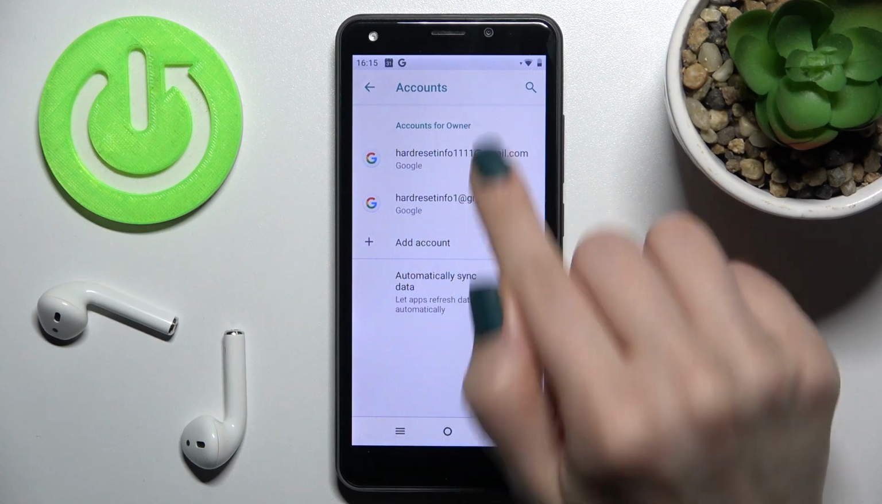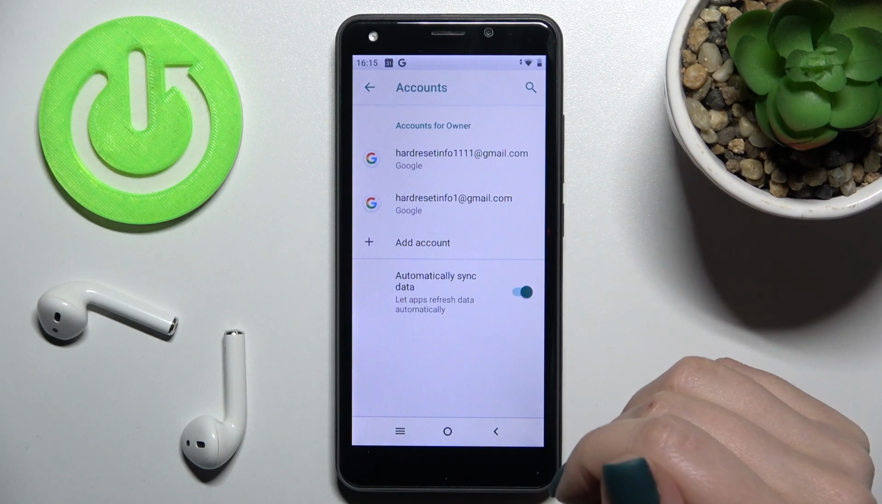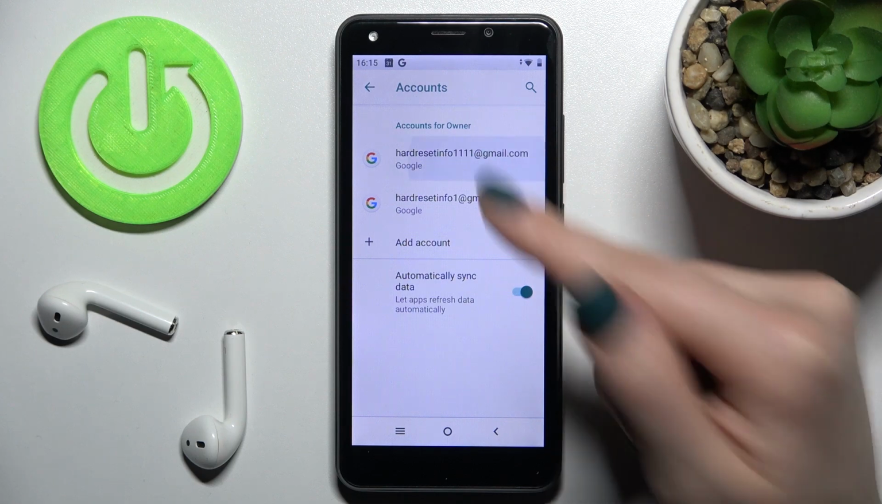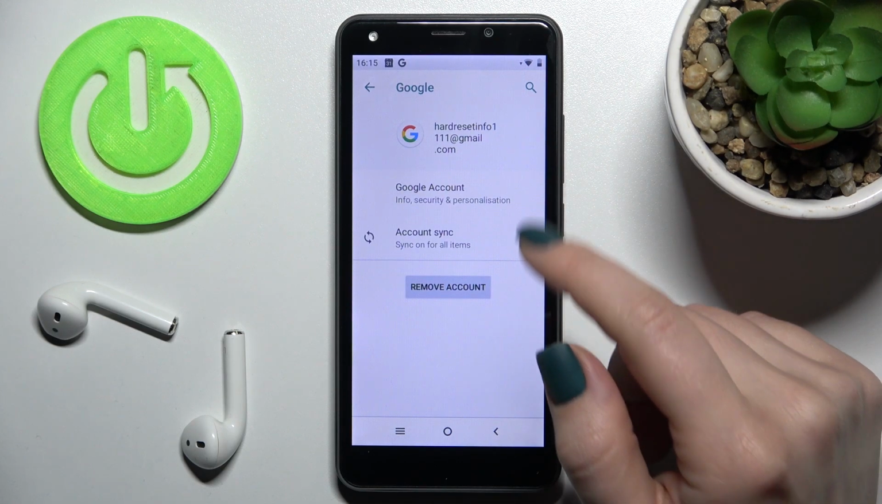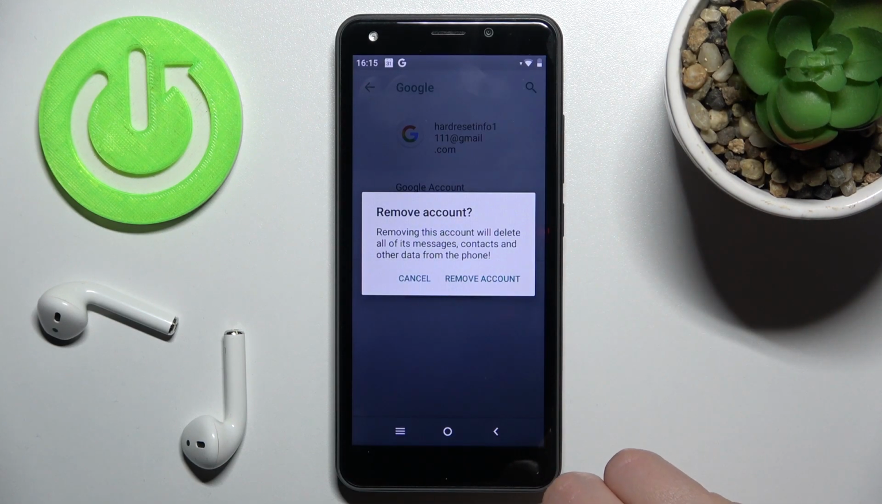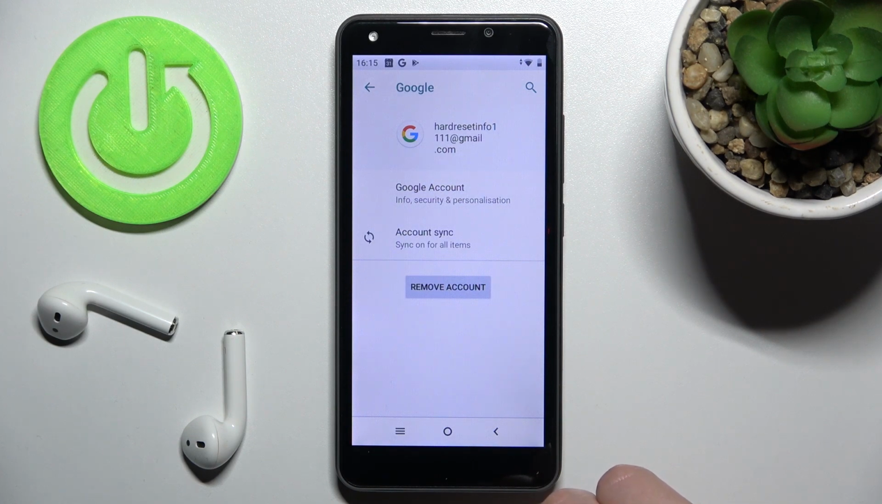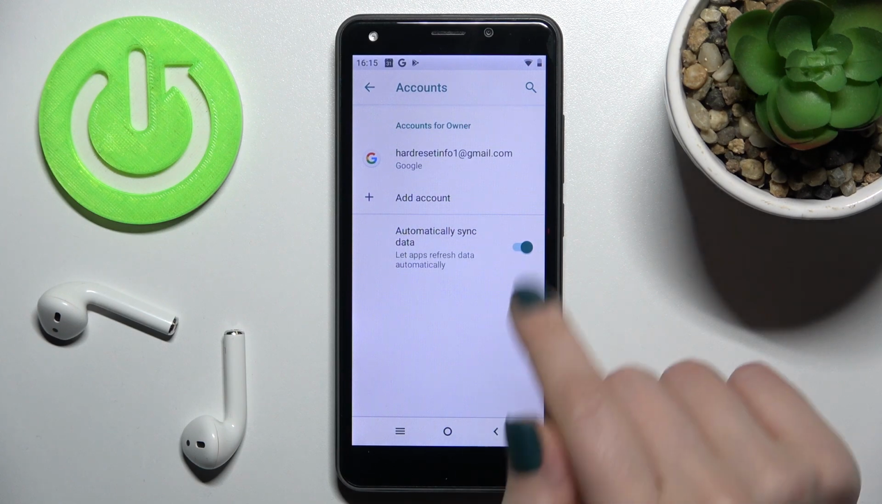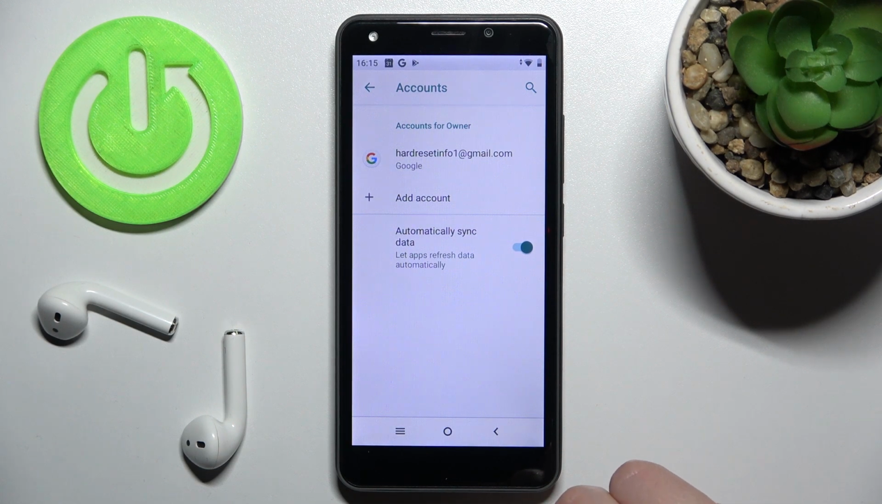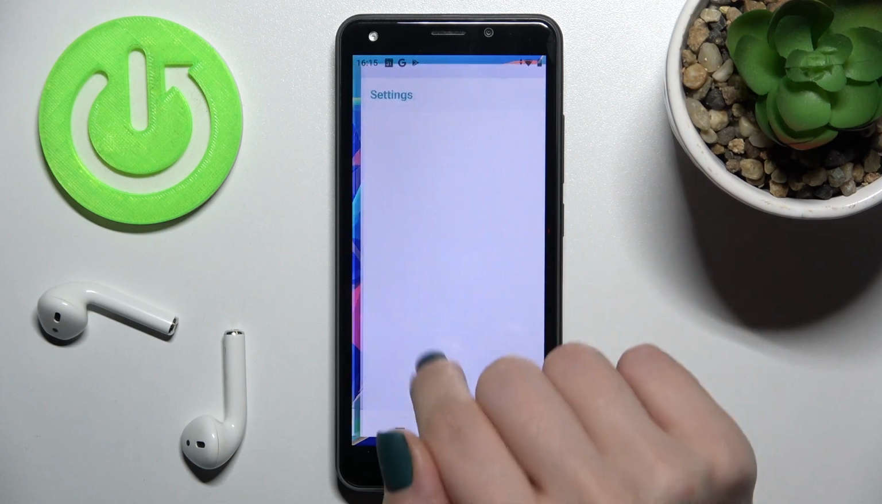And here, as you can see, we got these two accounts. And for example, now just to remove the first one, or to log out from the first account, just tap there and tap here on the remove account button and just confirm to remove this account. And now, as you can see, we just stay only with one logged in account, and now we'll go back